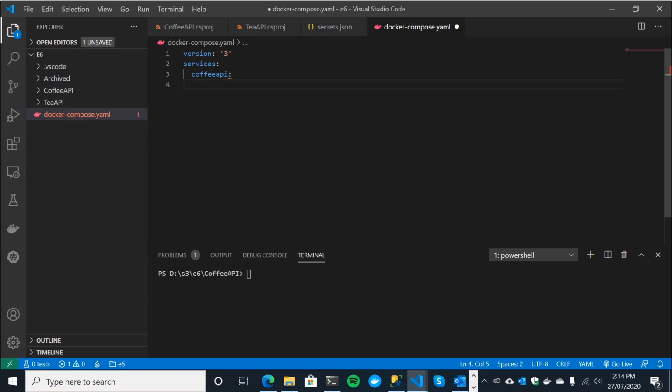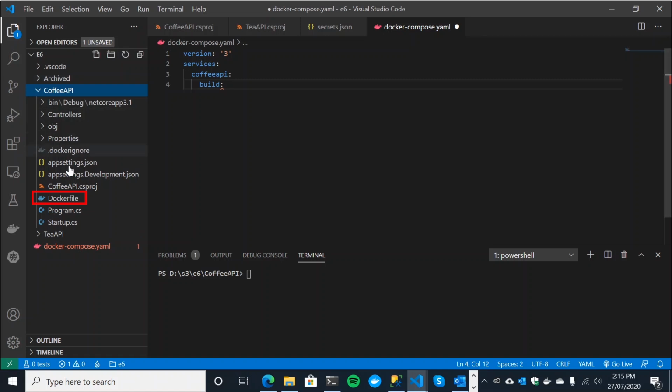So the first thing, you can either specify an image. If you're just using a static image, then you would just specify an image here, but we're going to be using our own bespoke code. So we're going to specify the location of our Docker file, because we're going to use our Compose file to build up our images, using our Docker file. So specify the build path to that. And then you basically just specify where it can find the Docker file for our coffee API. So it's within the coffee API folder. That's all you need to provide there.